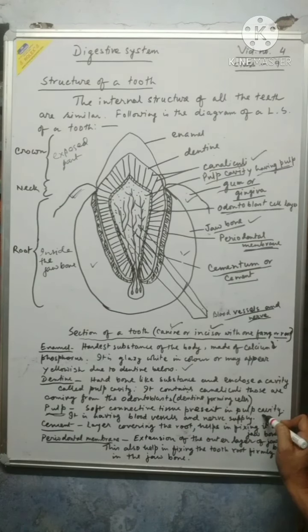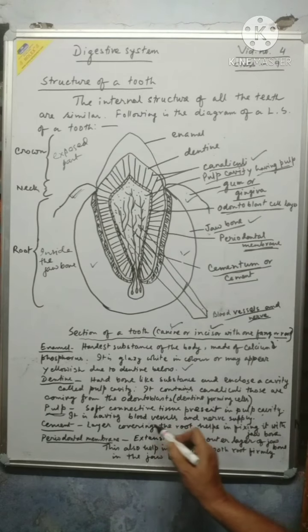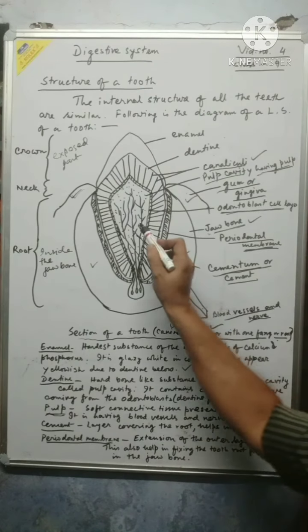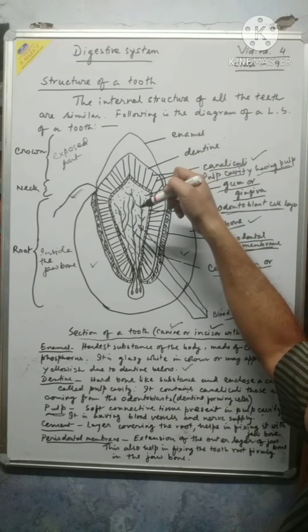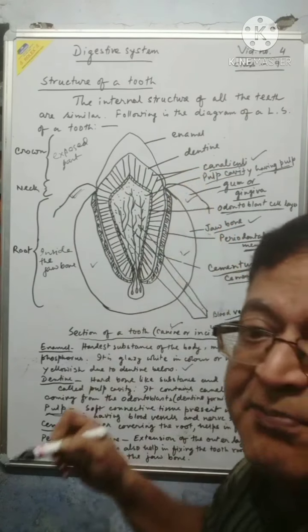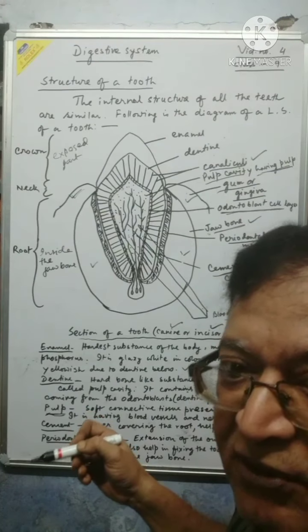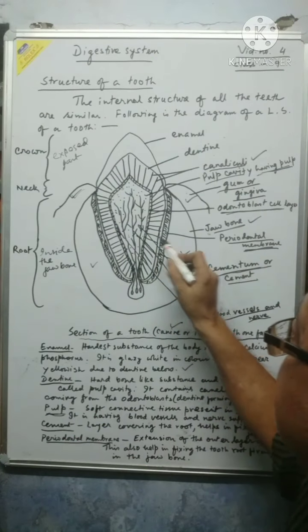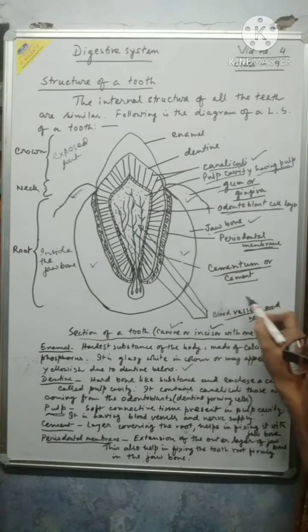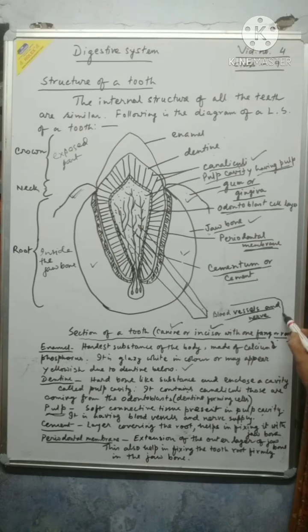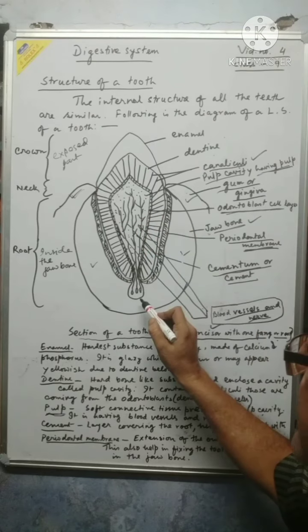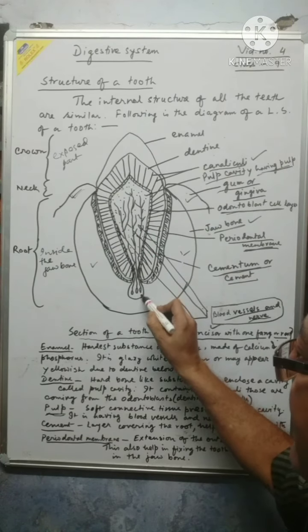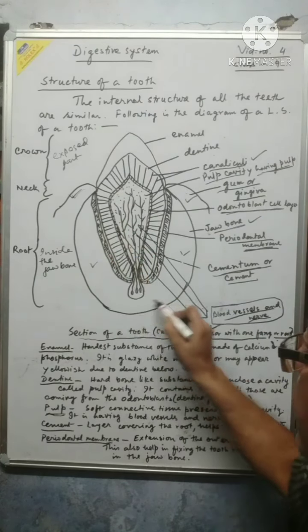Pulp, here it is, is soft connective tissue present in the pulp cavity. It has blood vessels and nerve supply. Because of this, if there is heat, or if the tooth is pulled out or breaks, we feel pain and blood comes out. All because of this blood supply. The capillary is there and the nerve supply. Blood vessels and nerve supply go into the pulp, coming from a small cavity of the jawbone.